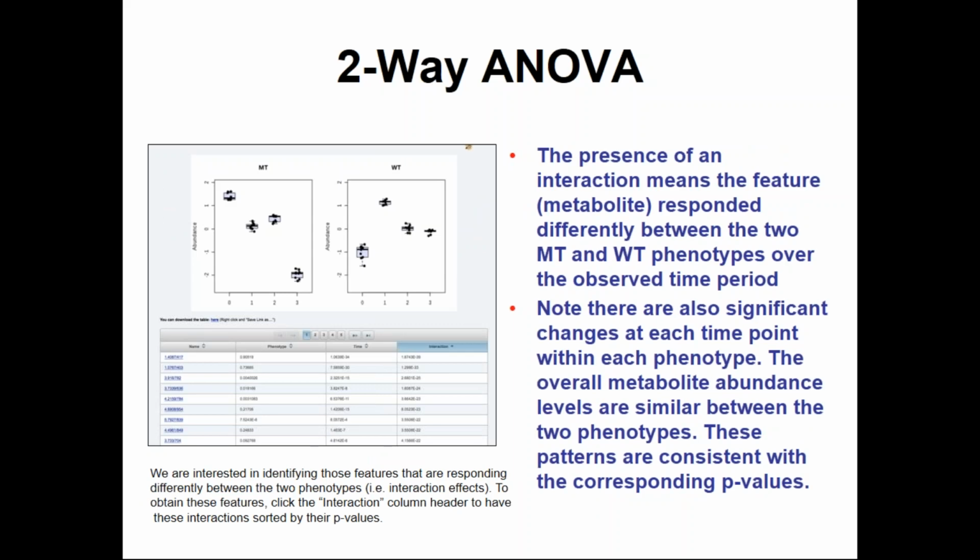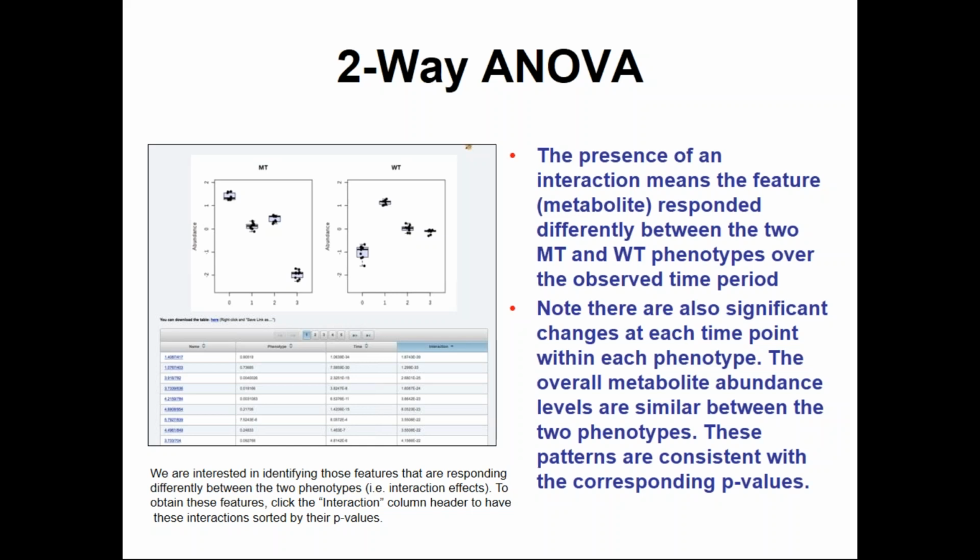We can look at individual metabolites, or in this case these are features because we haven't identified them, and we can look at the mutant at these 4 different time points, and the wild type at these 4 different time points. So the compounds don't have names like 3-phenylpropionic acid or glucose, they just have numbers in this case. But we can sort by phenotype, by time, or by interaction, the p-value, and we can scale and look for the highest and lowest values.